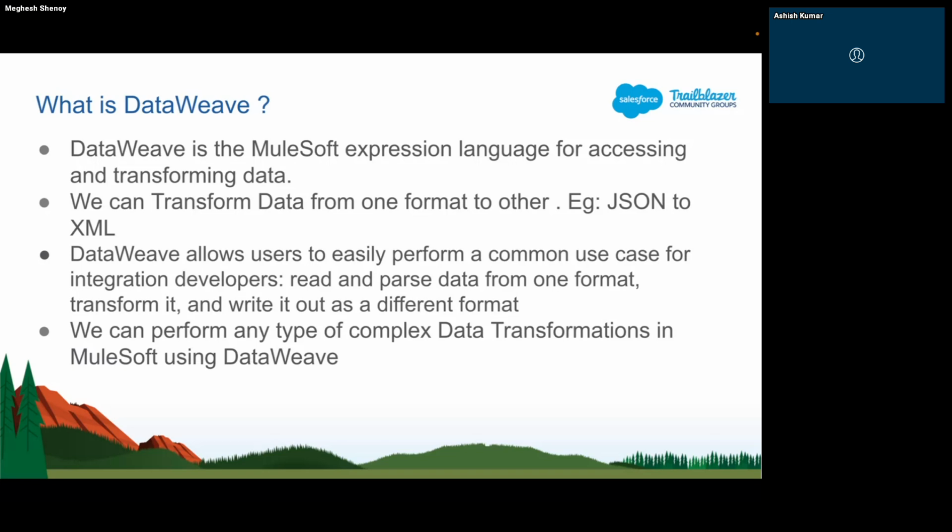For example, we can convert from JSON to XML. The data format transformation is just a small thing. For example, we get data from SAP and data from Salesforce, and now we have to aggregate the data. This is where we use DataWeave. It can transform the data from SAP and Salesforce,